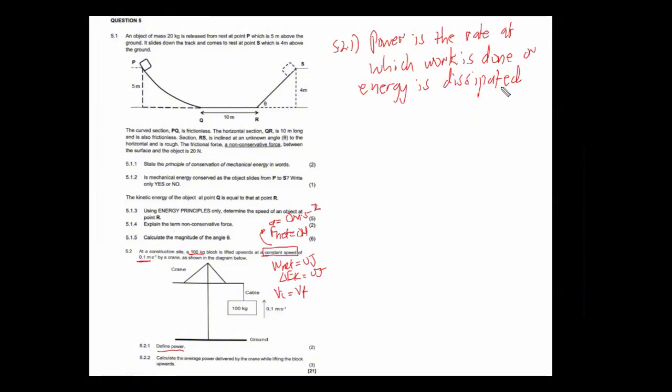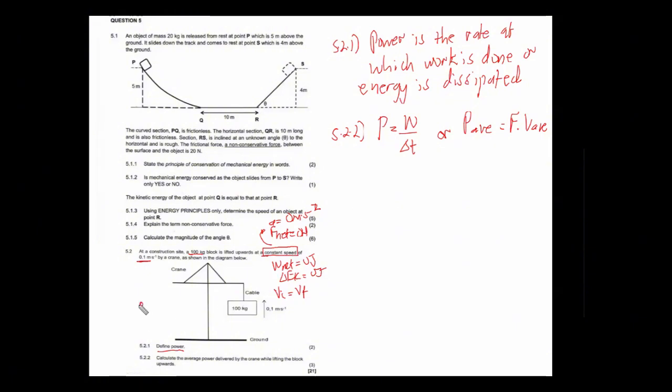Now, 5.2.2 says, calculate the average power delivered by the crane while lifting the block upwards. Right. Now, the formula that we can apply, we have two formulas: power, W over delta T, or the one for P average, which is F multiplied by V average, right? Now, we can calculate with either formula, but what I'm going to apply is Newton's second law. And then since they said a constant speed, constant velocity, I can simply calculate the force applied,